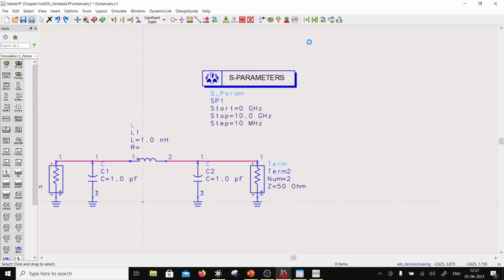Instead, I want to change a component value. Let's say I want to change this component value. So instead of simulation, I will put in tune. What tune will do is it will just netlist it, and then it will declare these as variables. Now I can pick up any variable. So for example, if I hit tune here,